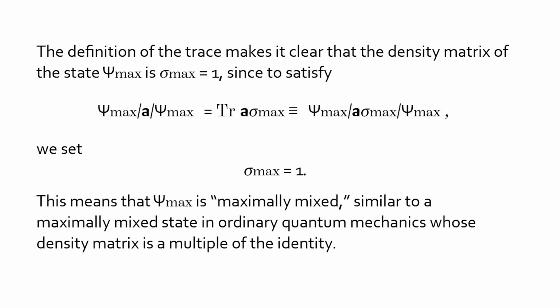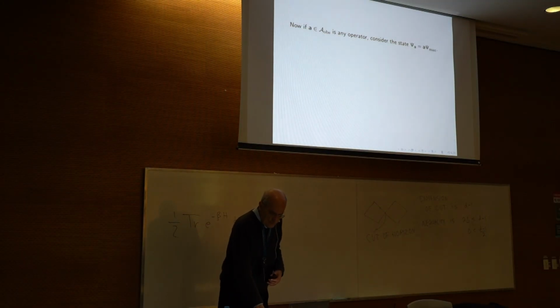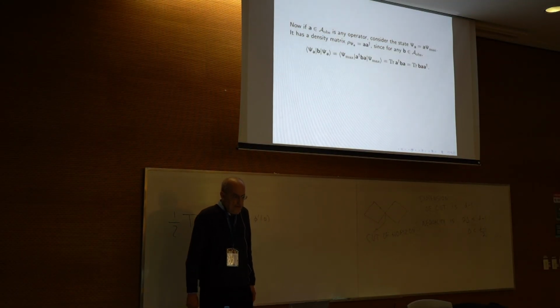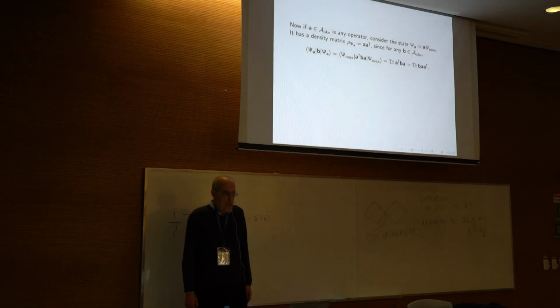So we found the density matrix of one state. Now let's find the density matrix of a bunch of states, namely the state psi A, which is A acting on psi max, for any A in the observer algebra. Well, I claim its density matrix is A dagger,